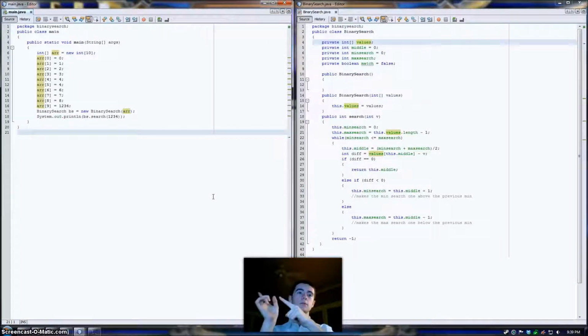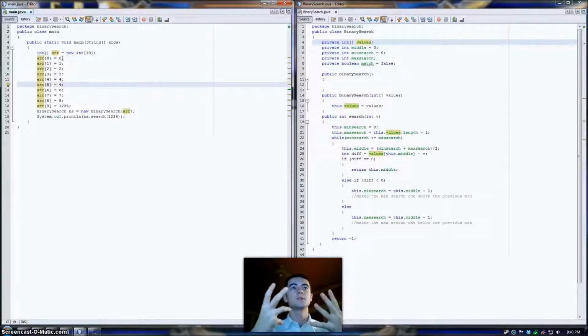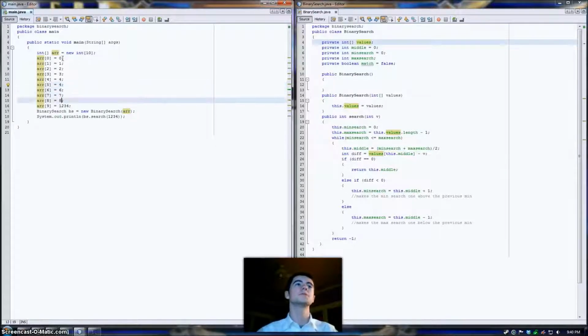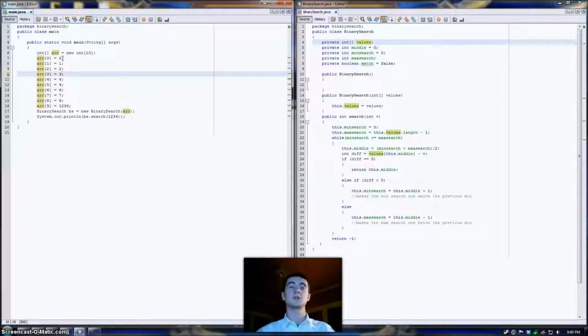Over on the right here, or left for you guys, I've initialized an array called R that has 10 values: 0, 0, 1, 2, 3, 4, 4, 6, 7, 8, and 1, 2, 3, 4. I've included two fours just so you can see what would happen in various situations where you had duplicate numbers, even right next to each other. And I've also included very large numbers, so it's not just one right after the other, because I could have put 0, 1, 2, 3, 4, 5, 6, 7, 8, 9. And these are all from least to greatest order, as I specified in the visual representation of what binary search